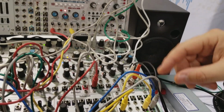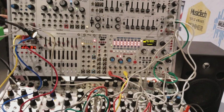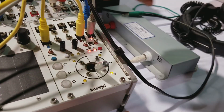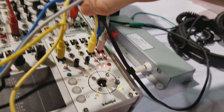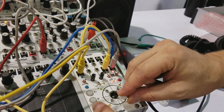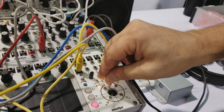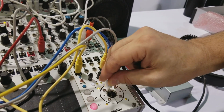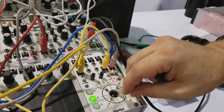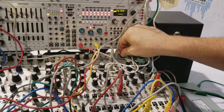So I've got this riff playing. I'm going to actually stop this and delete this, and you'll see I can move this joystick around, and it's generating CV on these outputs, and I can actually generate CV on these outputs here as well. And if I hit record, I can do these gestures and then it'll play them back. If we turn this up, we'll hear the...